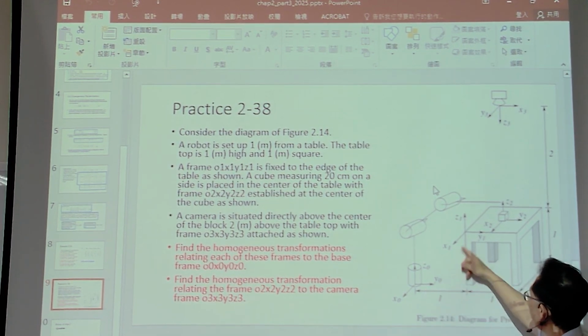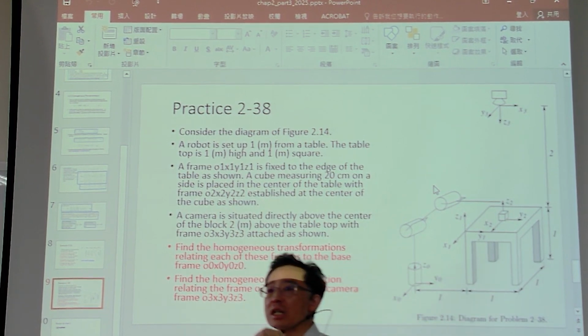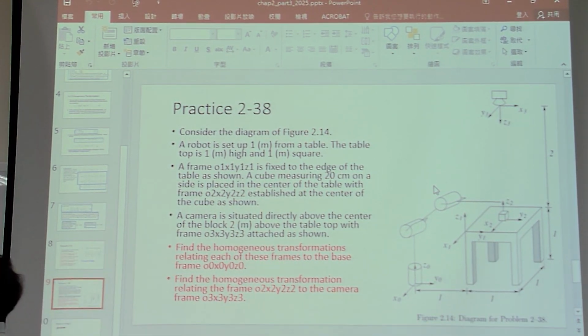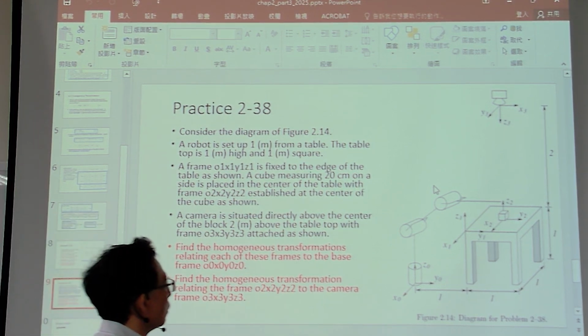Frame 0, frame 1, frame 2, and frame 3. That is exactly the question you will face in the industry. Because you need to use the CCD to guide your robot to somewhere to do something, right? So how can you convert the vision coordinate to the robotic coordinate? That's what we need to do in